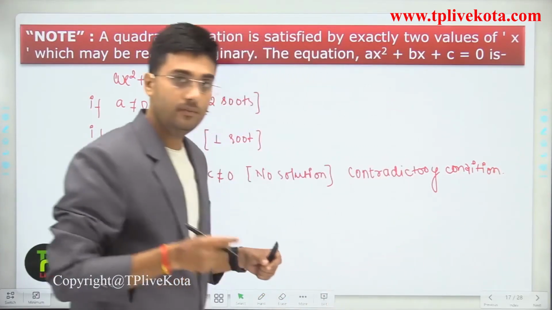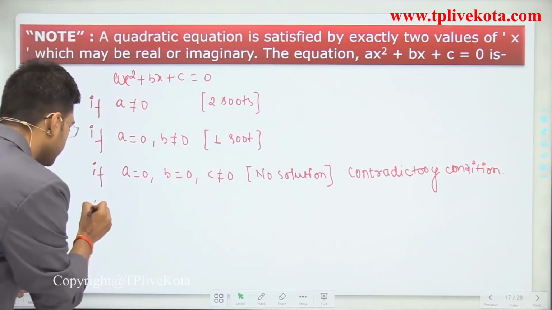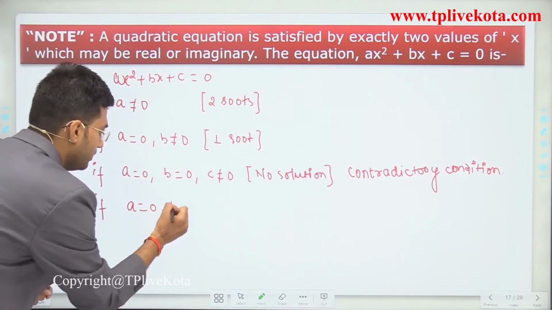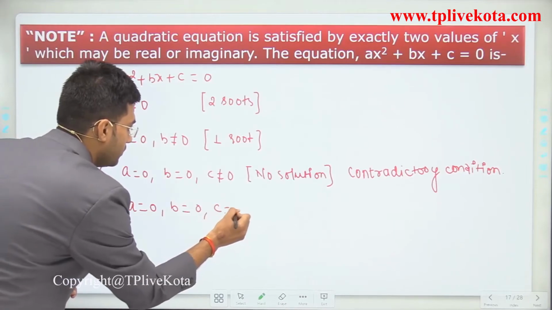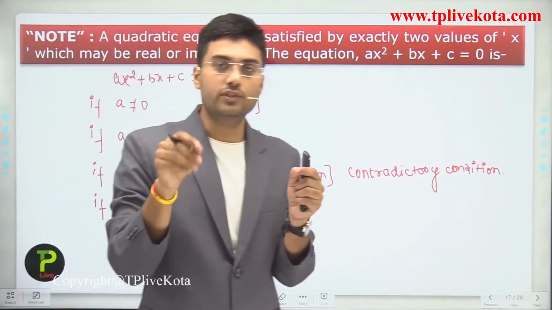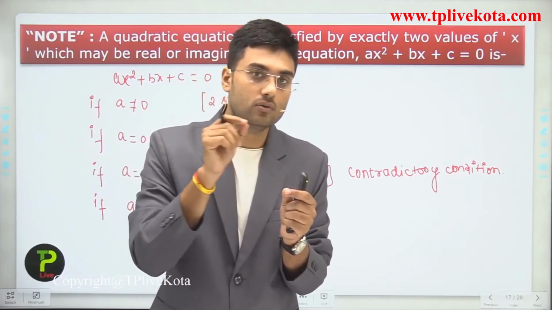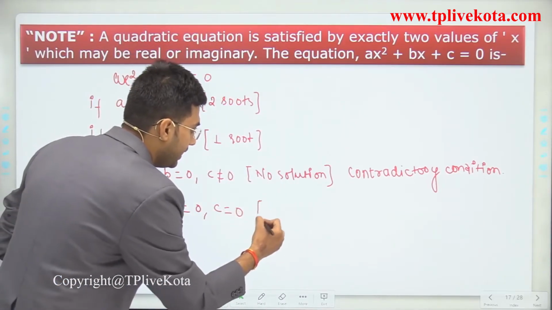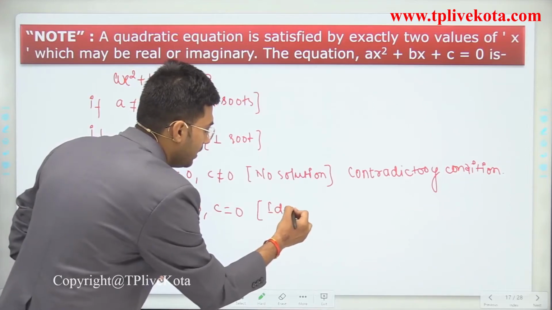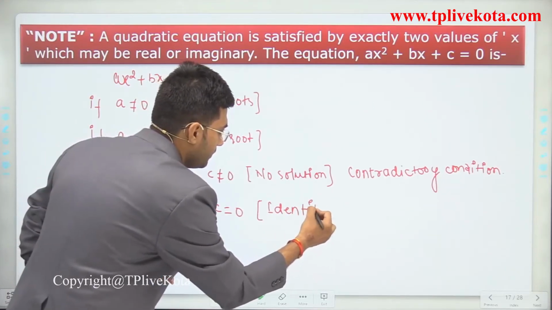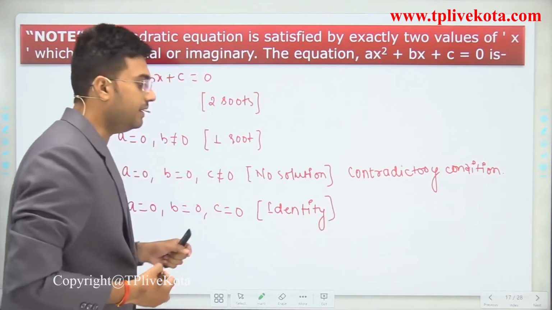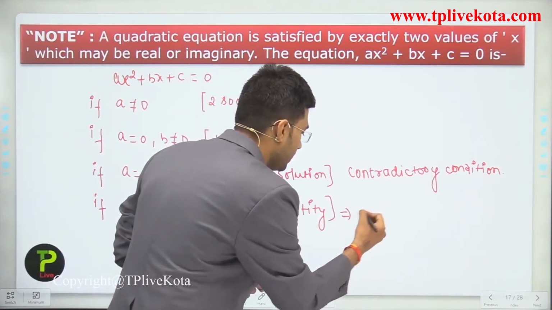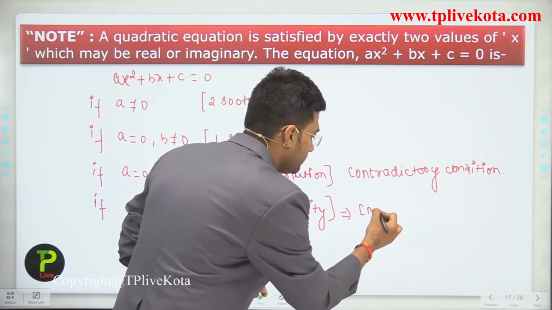Clear? And students, the last case is if a equal to 0, b equal to 0 and c equal to 0. That means all the coefficients are 0 and all the constant terms are 0. Then it becomes an identity. And an identity is satisfied for any real number. So this condition has infinite